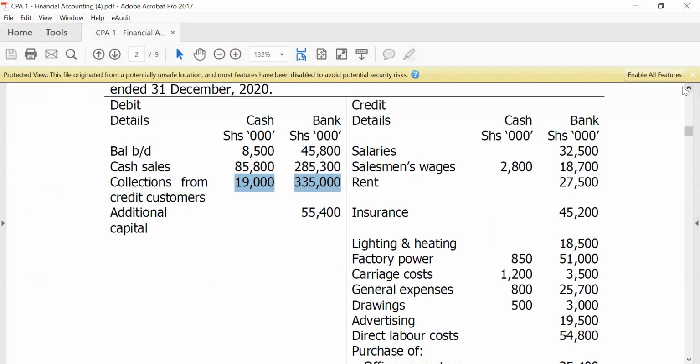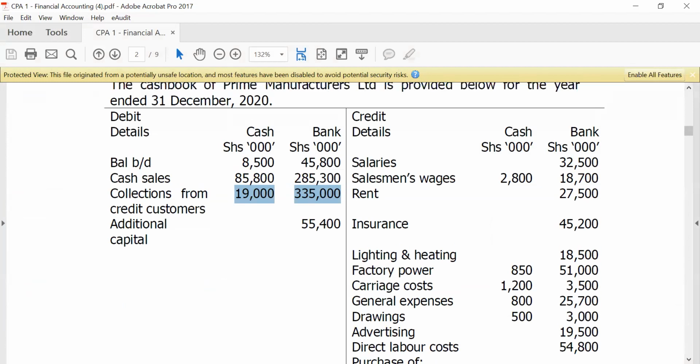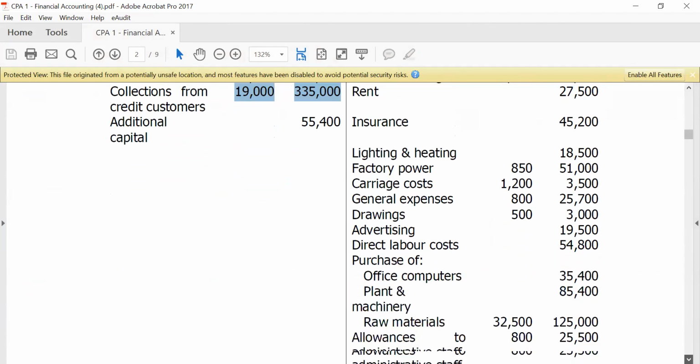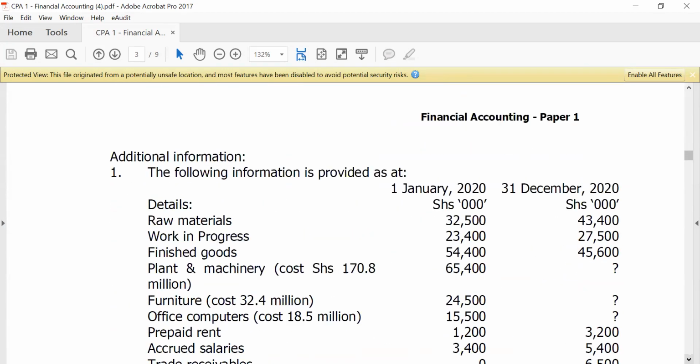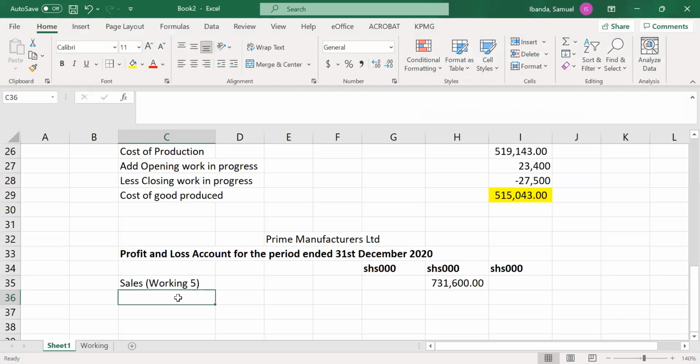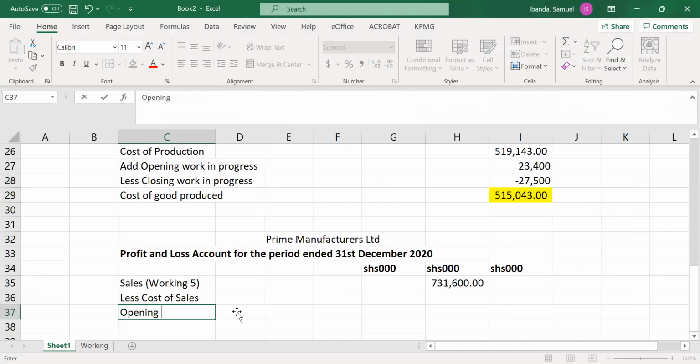But since I don't have any sales returns, I'll move to the next one, which is less cost of sales. So for the cost of sales, I'll do opening